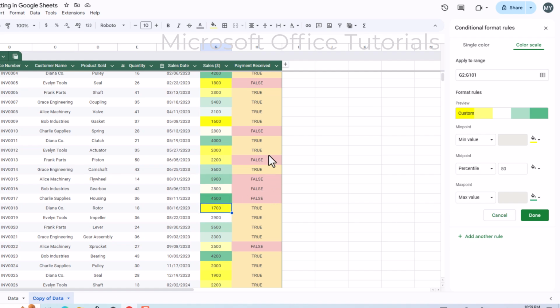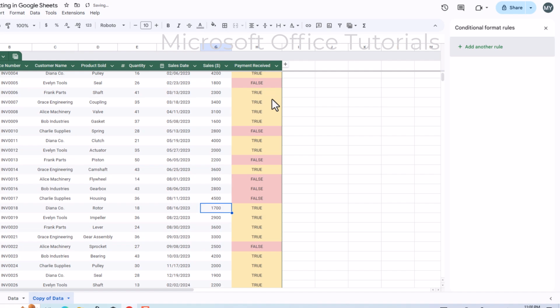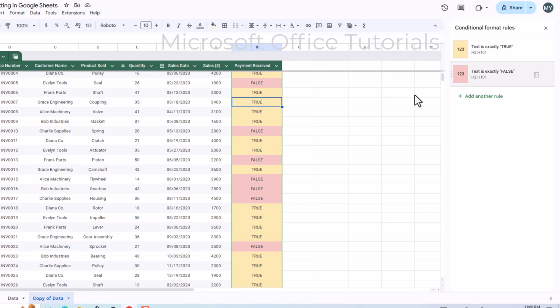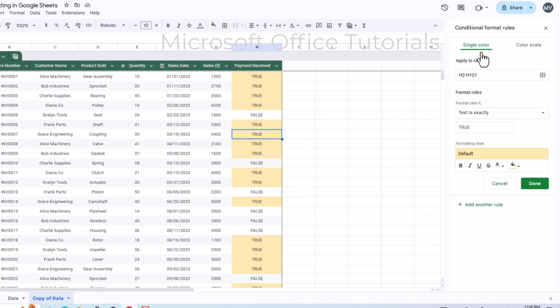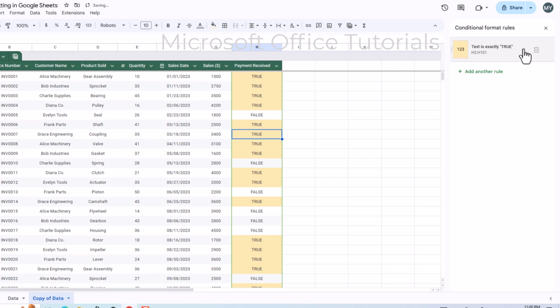Let's say I want to remove this formatting. I don't need this formatting anymore. What I will do, I will simply delete. I will select the cell from which I want to remove the formatting, and you will see the conditional formatting that I used will appear here. I simply will delete. Let's say I want to edit. I will simply click on this, and then I can format whatever I want. Let's say I don't want to format, I want to simply delete. I will click on this icon, remove rule.